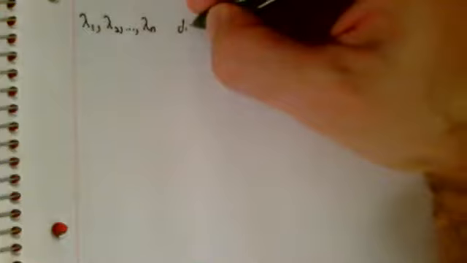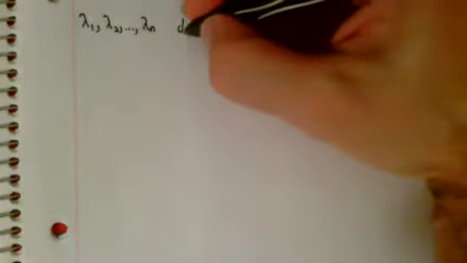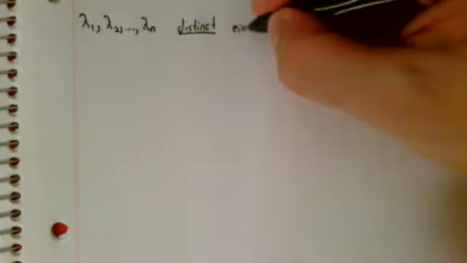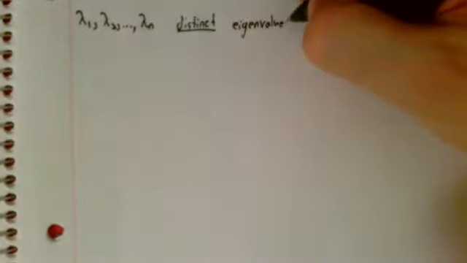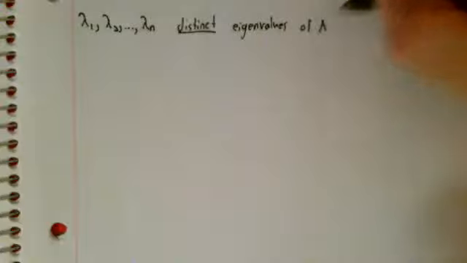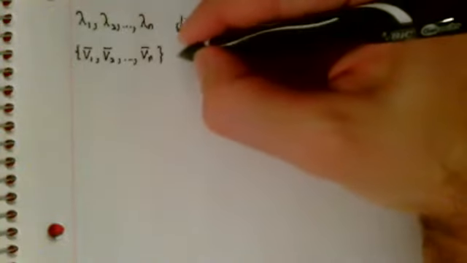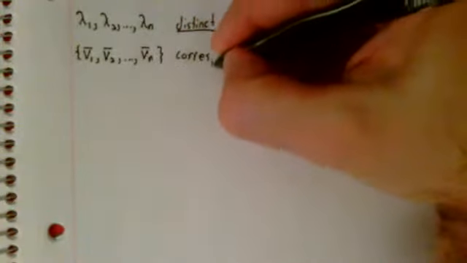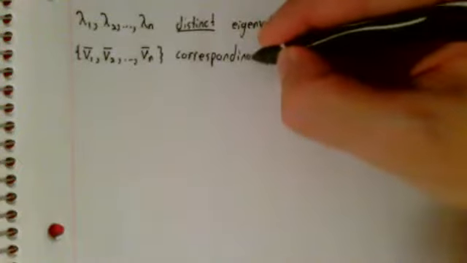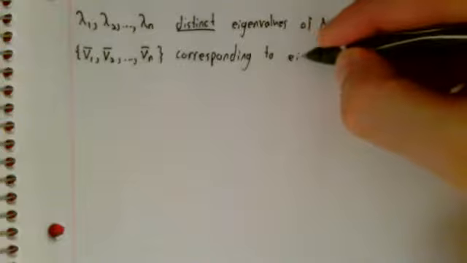So let's say we've got a matrix A, and we've got n distinct eigenvalues. So there's no repetition in this list. And now, let's make a list of n eigenvectors corresponding to those